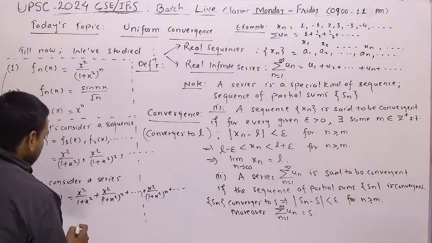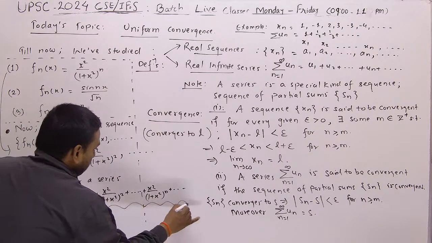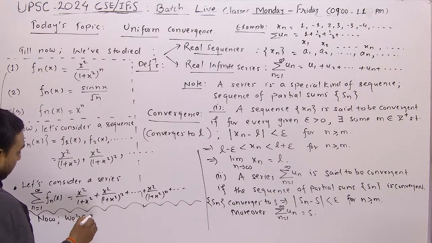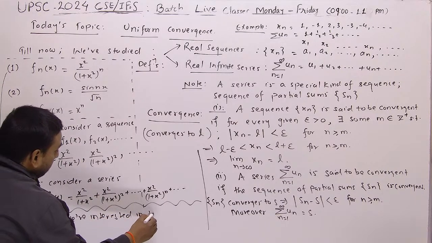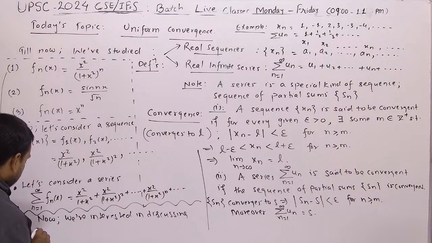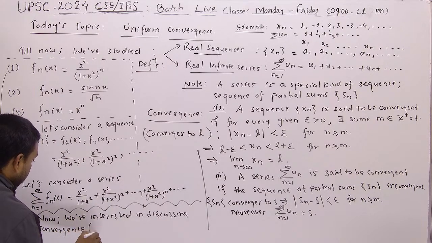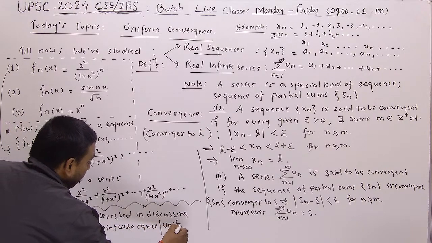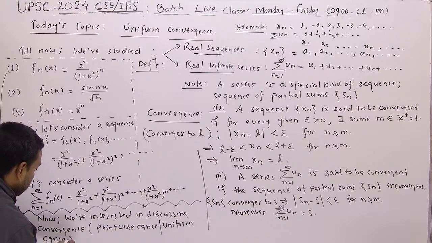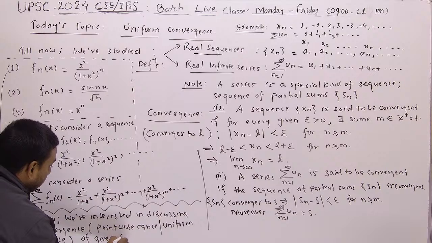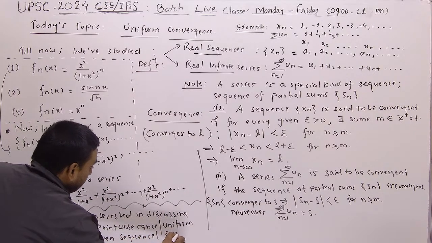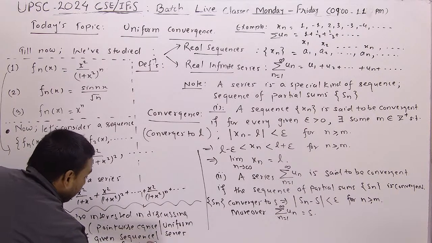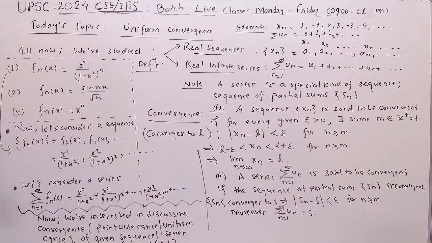So thing is, what we talk about, now we are interested in discussing convergence, that is called pointwise convergence and uniform convergence of given sequence and series of functions for x belonging to some interval a comma b. Check out please,